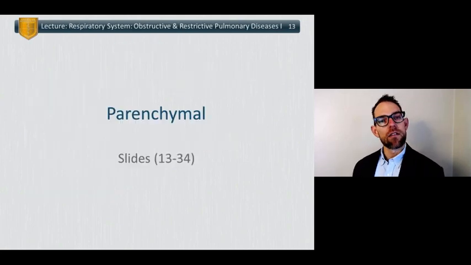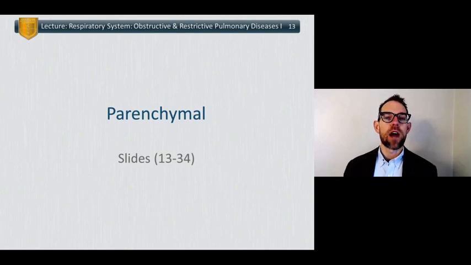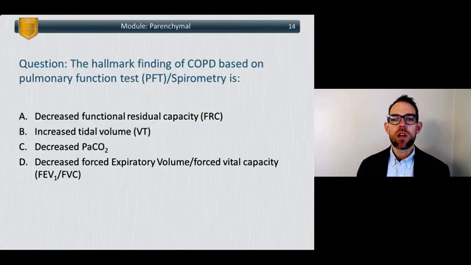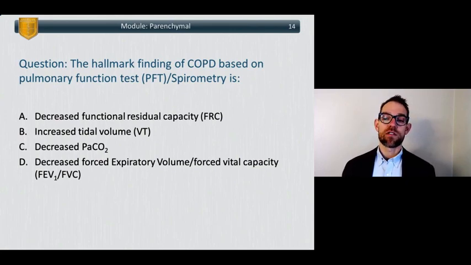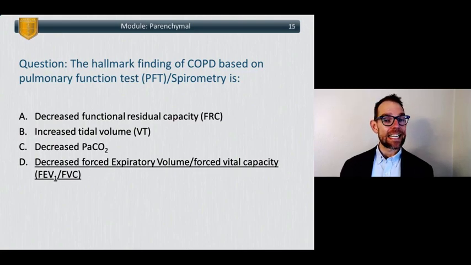Okay, so for the rest of the lecture, we're going to talk about parenchymal causes of obstructive and restrictive pulmonary disease. Start off with a question. The hallmark finding of COPD based on pulmonary function test / spirometry is A, decreased functional residual capacity, B, increased tidal volume, C, decreased PaCO2, D, decreased forced expiratory volume over forced vital capacity ratio, FEV1 over FVC. And the answer here is D, decreased